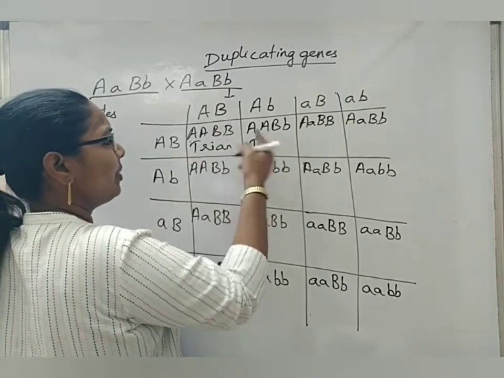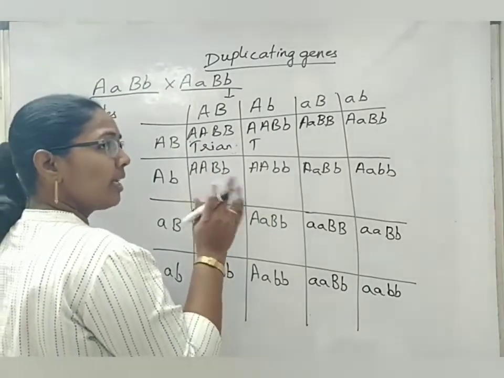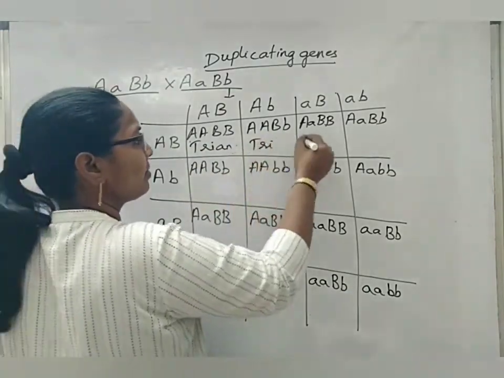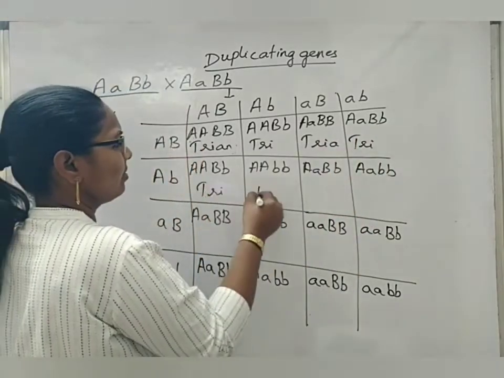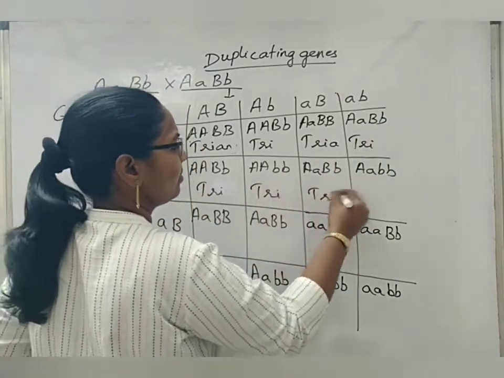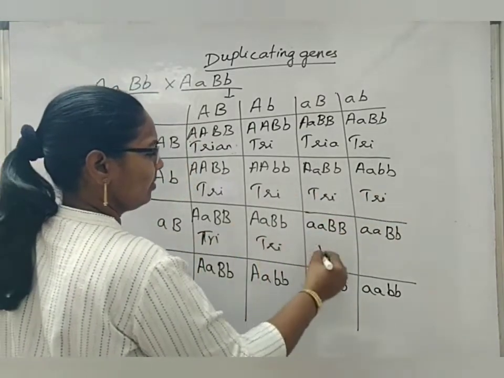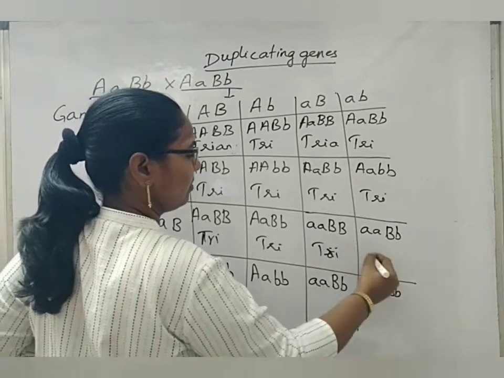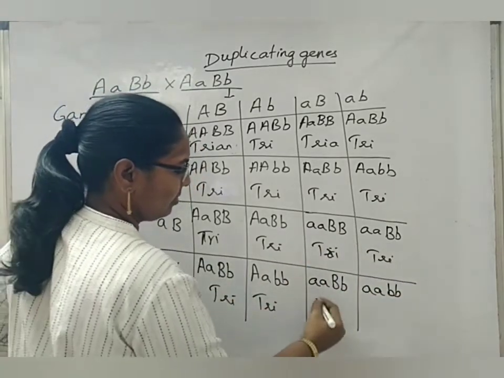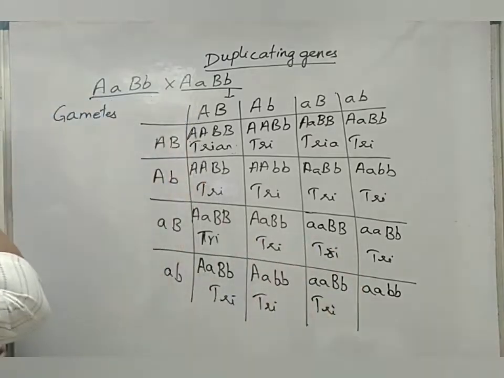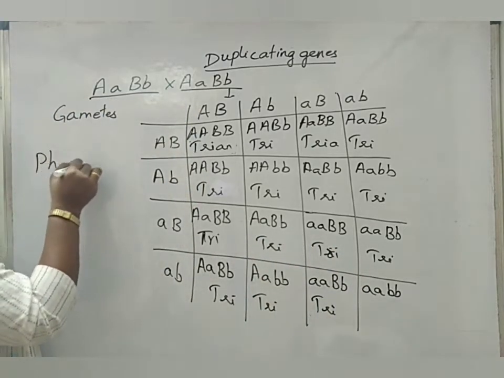So here also dominant, at least one dominant allele if it is present, then it gives the triangular shaped fruit only. So how many triangular shaped fruits are obtained? If you see the phenotypic ratio,